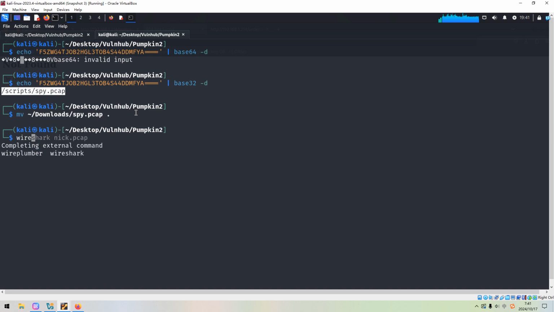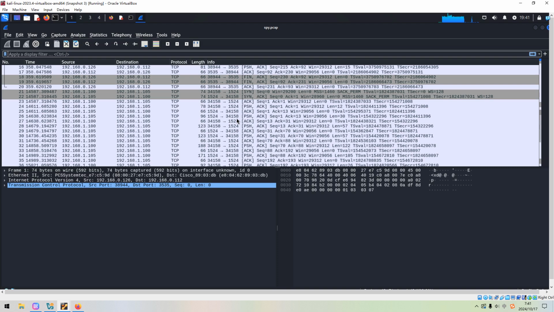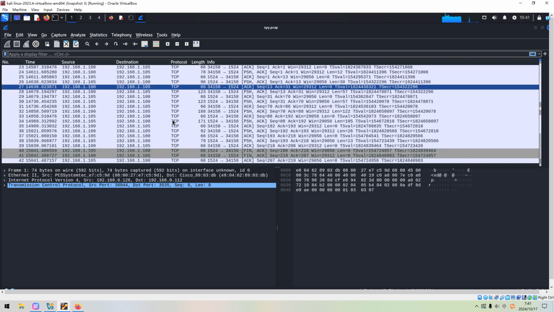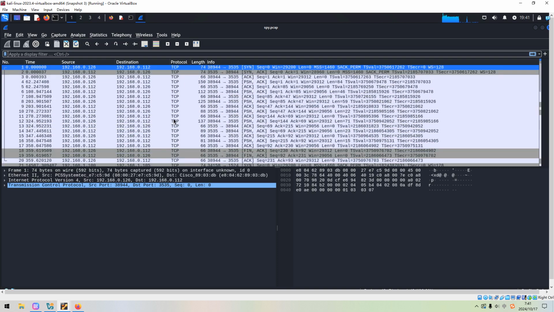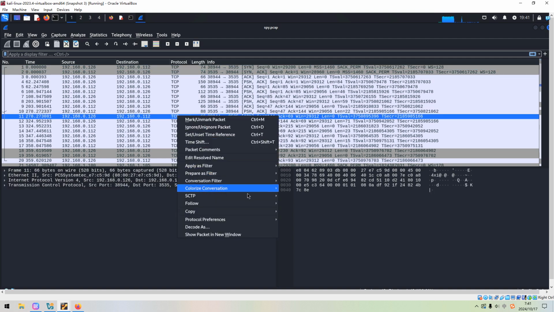And then we can use Wireshark to open it up. This should be TCP packets, a lot of them. And we can right click the mouse and follow the TCP stream.